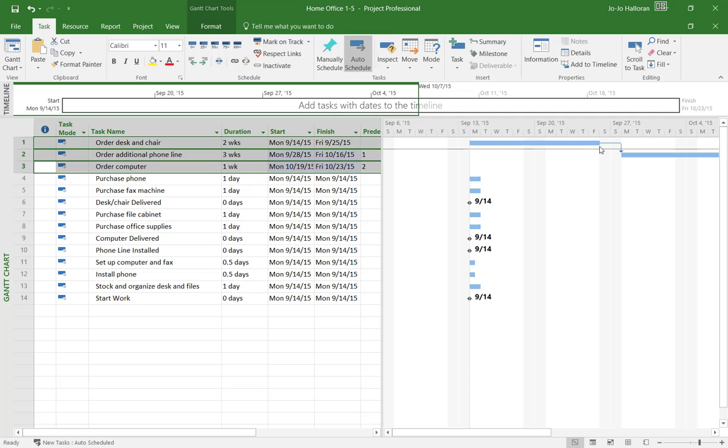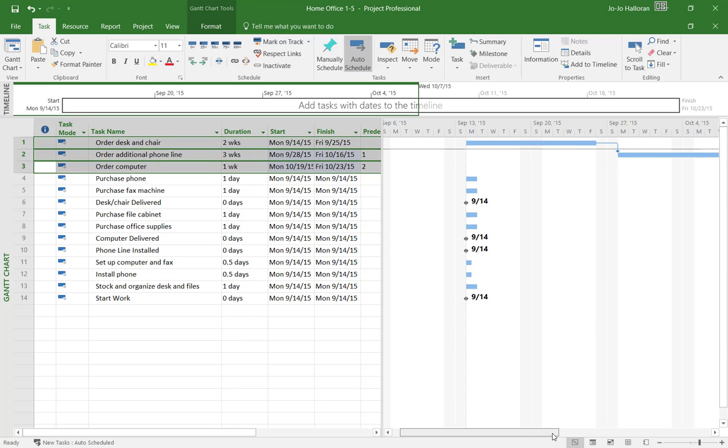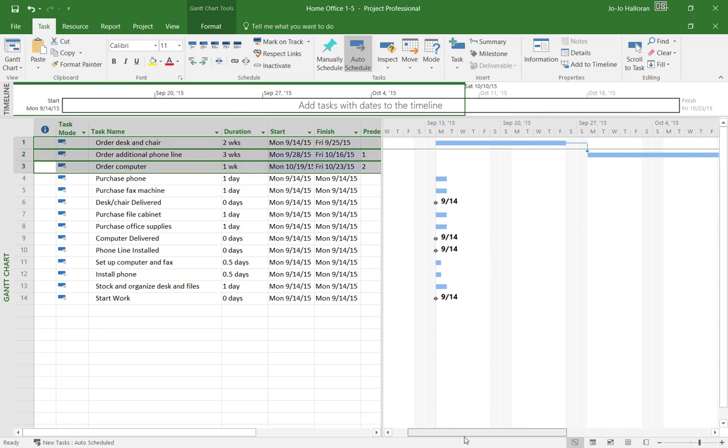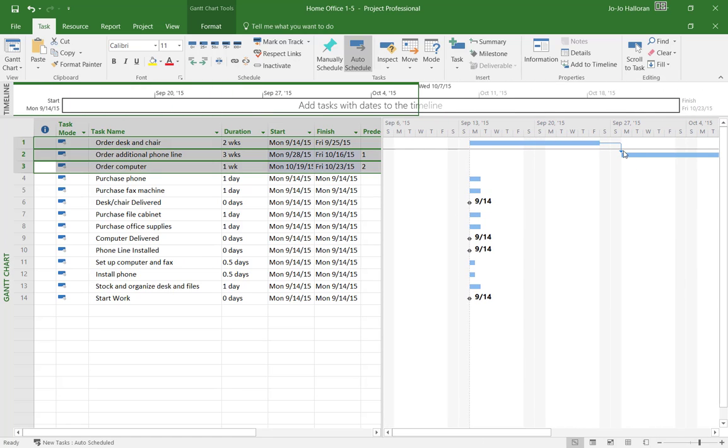So in other words, task number 2 would not start here until task number 1 was done. And the same with number 3. See how it changed over here to number 3? Okay, so we need to fix that because the default is finish to start, and we're going to double click